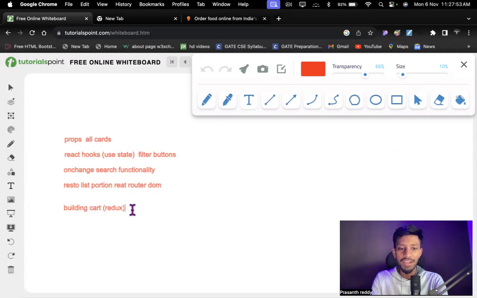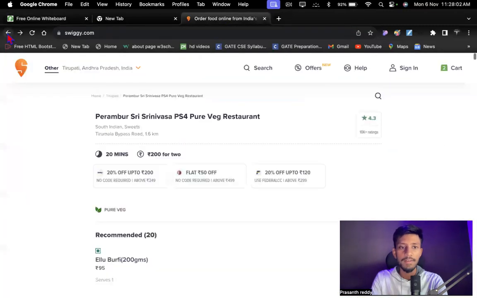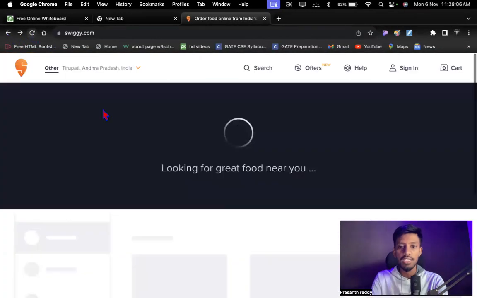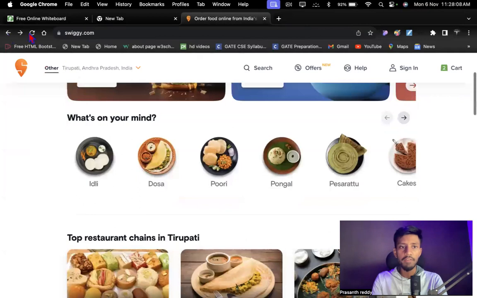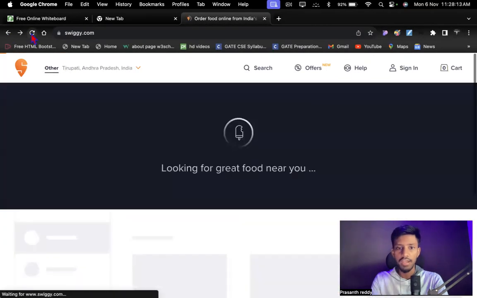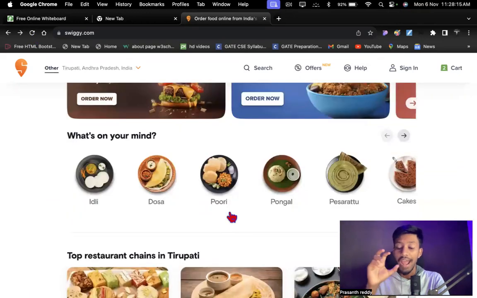My God, let me build it. Adding the Shimmer UI. Shimmer UI means, if I go back and refresh the page, see, what is this? If you observe carefully, white pages, white boxes, right? I'm going to refresh again. See, white boxes. What is that? Adding the Shimmer UI, guys. That is one more portion, guys.